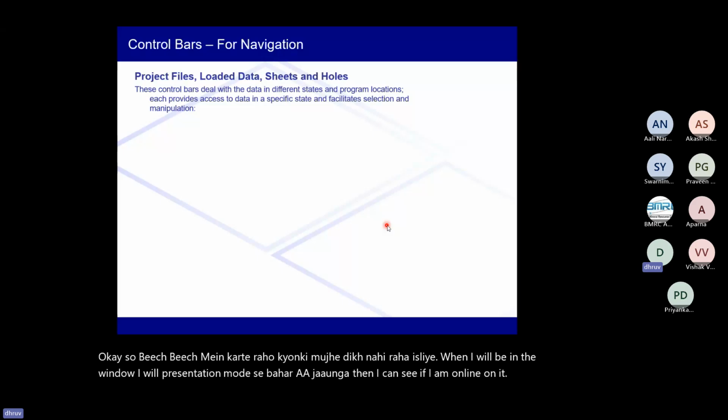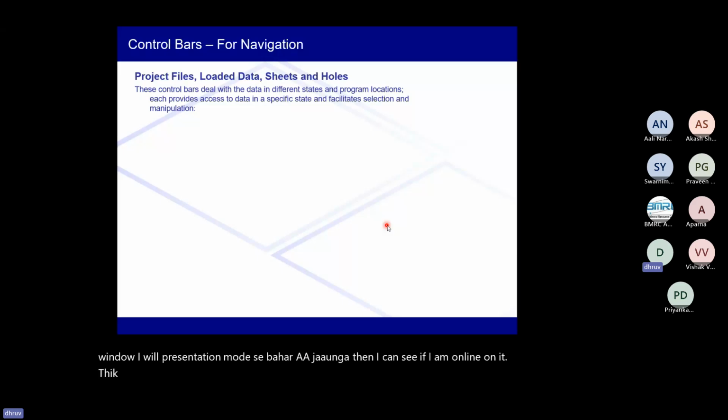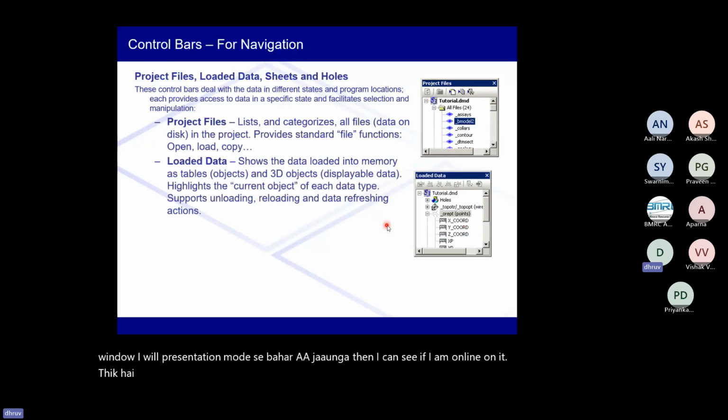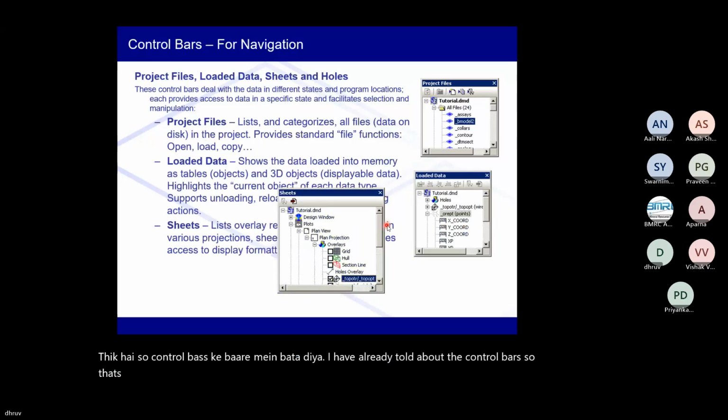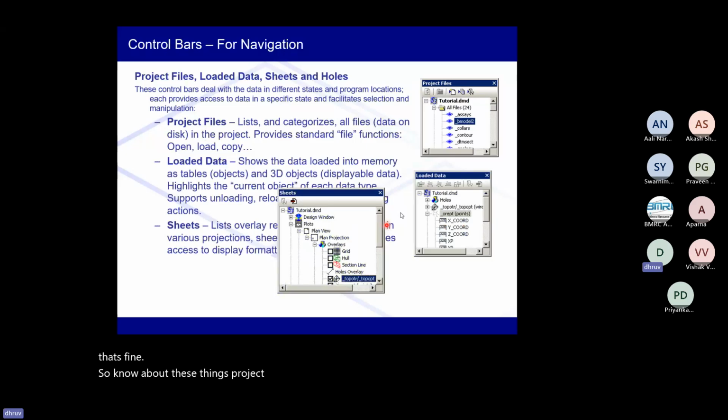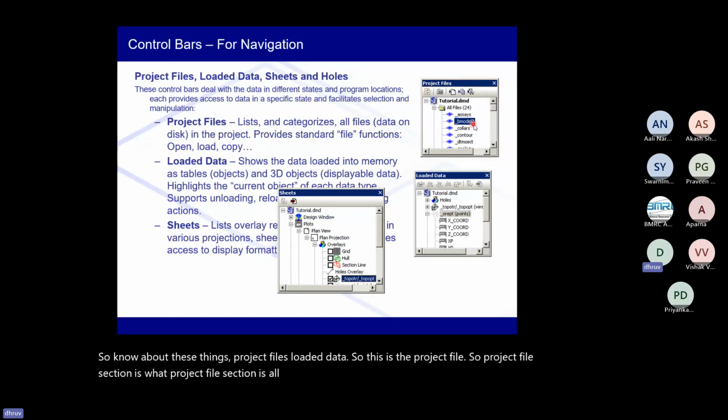Okay, so I have told about the control bars already, so that's fine. So you know about these things, project files, loaded data. So this is the project file. So what is the project file section? Project file section is all the project files, whatever project files are there in your